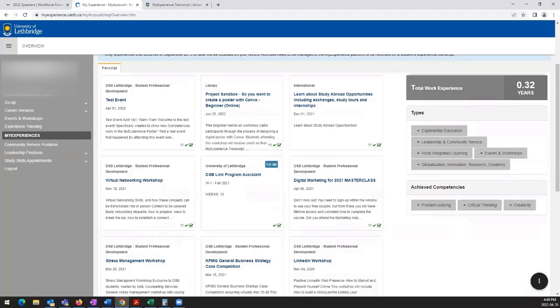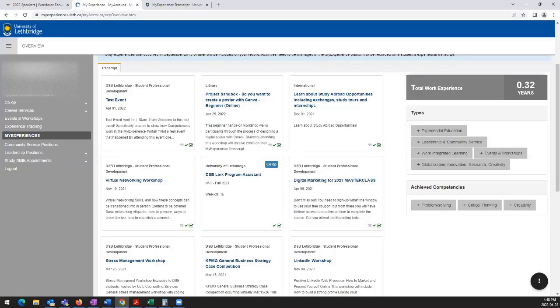The MyExperience transcript provides a record of your experiential learning opportunities that you have engaged in while at the University of Lethbridge. You can choose to publish a transcript, share a link with potential employers or other institutions, and connect it to your LinkedIn profile. You can select the experiences that you wish to share on your public record by checking the box in the bottom right corner of each experience card, right over here, like so.